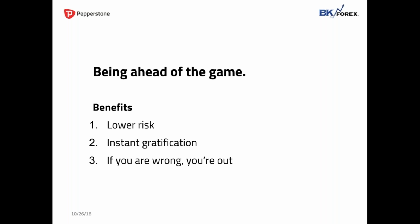So being ahead of the game has a couple of benefits. Obviously, you have lower risk in the sense that you're not hanging out for 12 hours, 15 hours in the marketplace at the whims of the marketplace. You're just positioning yourself maybe 10, 15 minutes in front of a news event. It offers instant gratification. Don't ever underestimate the value of instant gratification. Our whole American way of life is built upon instant gratification. But as traders, one of the things we really like is quick results, and nothing creates quicker results than